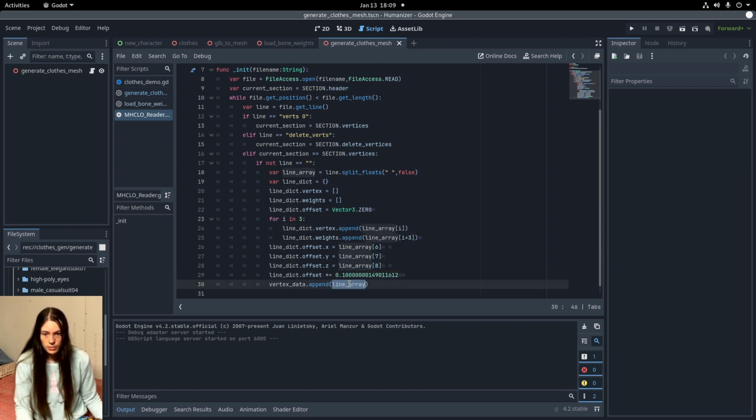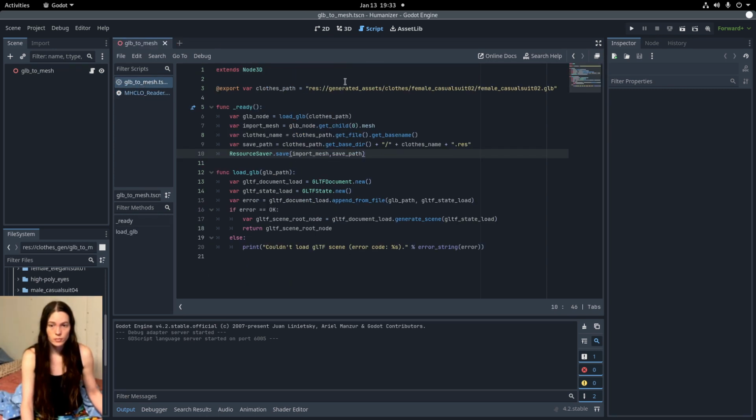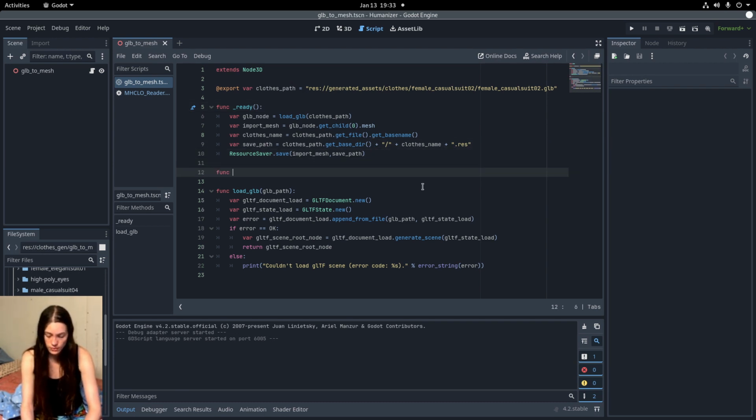And then I'll append the line dictionary to the vertex data instead. So this will break the generate close mesh, but I'll fix that in the next episode before I upload to the repository. Now in the GLB to mesh generator that I made last time, first I'll make a new function